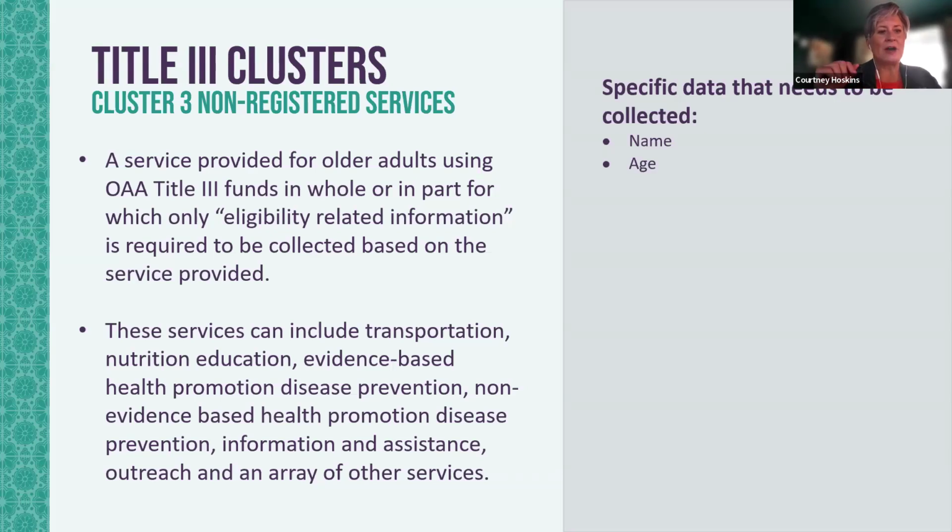However, I want to clarify that for information and assistance, anybody can call. They don't have to be over the age of 60. So their name and age would need to be collected for folks receiving transportation, nutrition education, evidence-based health promotion disease prevention services, or non-evidence-based health promotion disease prevention services,